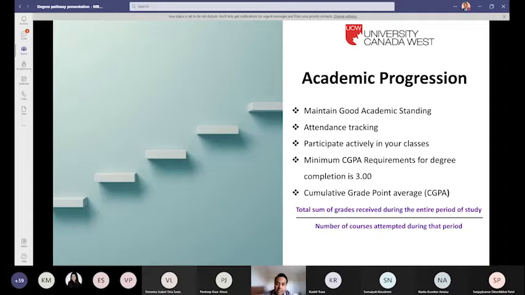So having established all of those prior experiences, I'm sure you all would want to maintain good academic standing throughout your program. In order to do that, you would want to maintain certain basic things, what I call basic requirements. You would want to make sure that you are attending all your classes regularly, participating actively in your classes, completing the learning activities or assignments that the professor or instructors have defined for that particular course, and not missing the deadlines.